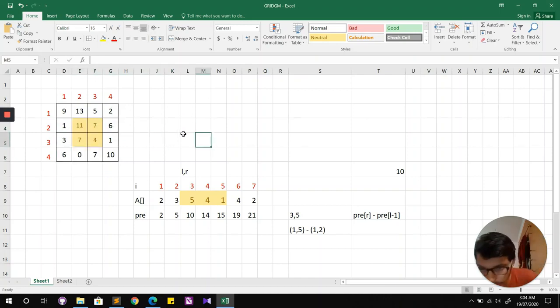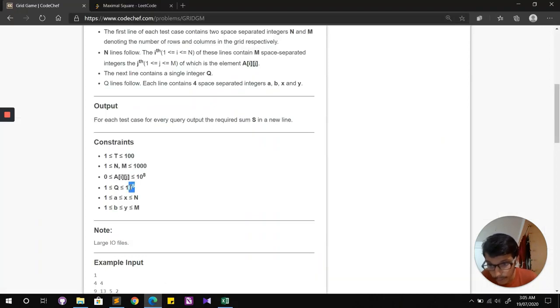And then my question will be divided into some number of rows, and for those rows the question will be similar to the 1D question, right? But again, as we have seen, the number of queries is 10 to the power 5, and the setter can try to give me a test case wherein I have to traverse all 1000 rows for every query. So that's not good, right? That will take my complexity out of bound. It will be very high.